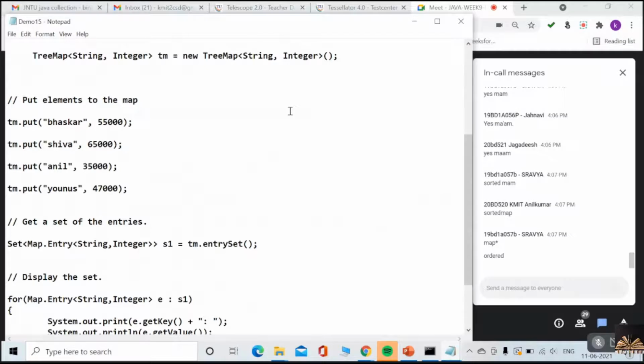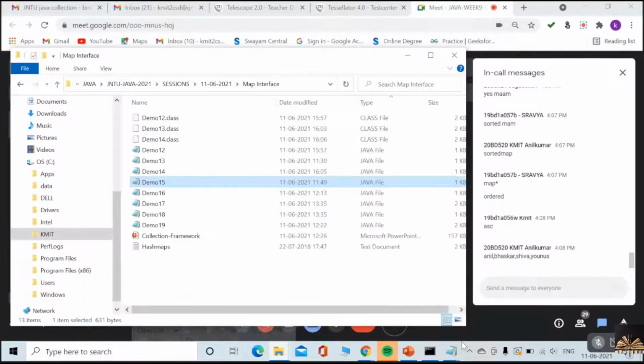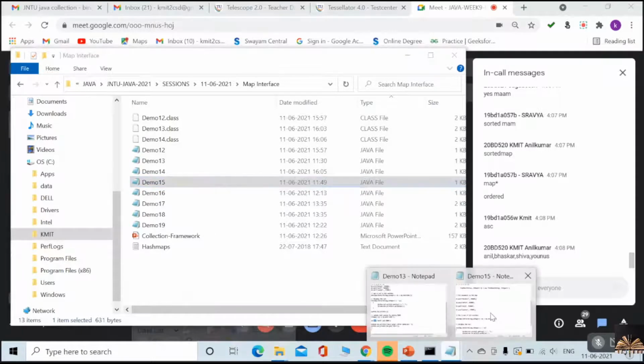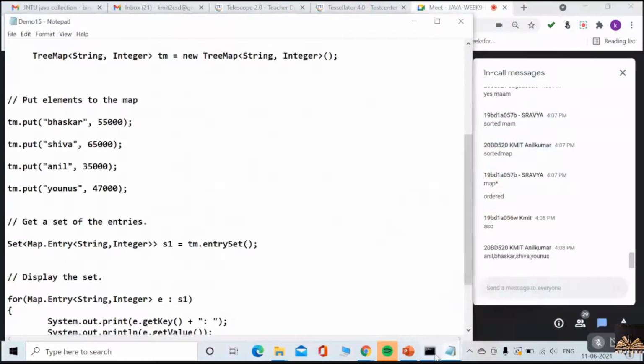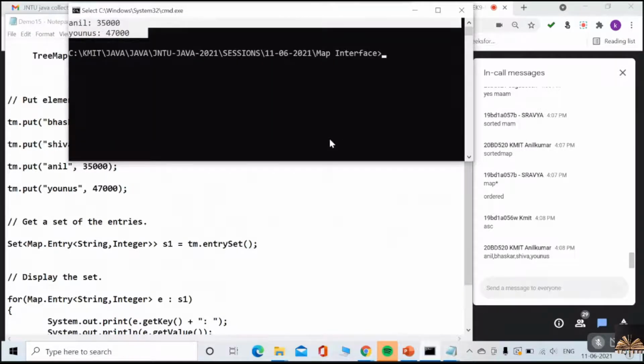Ordered only. What order? It's a natural order. What is the natural ordering? The order which the string has to follow. Look at that. I'm going to execute this once. Fine. Very good. Exactly.